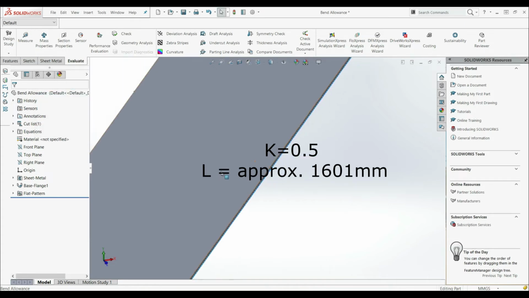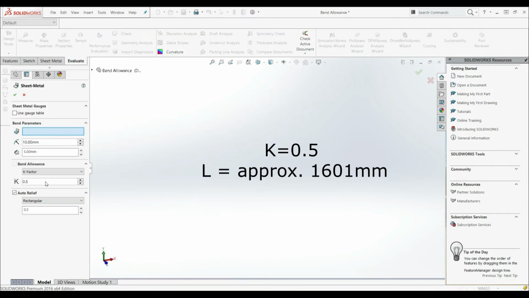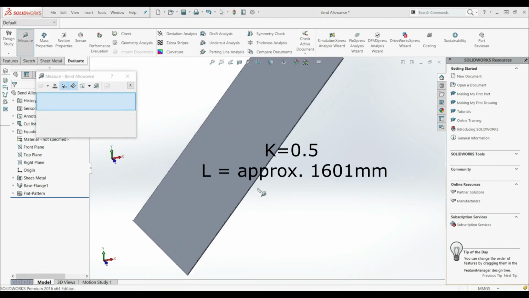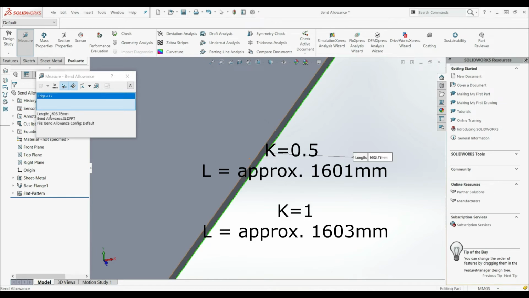Let's close this. Now let's go to the sheet metal, edit feature. Let's go with K-factor 1, like this. Now the neutral axis is on the outer edge. And now we should have bigger length. So let's go here to the measure. Let's select this edge here. So now here we have 1603, and before we had